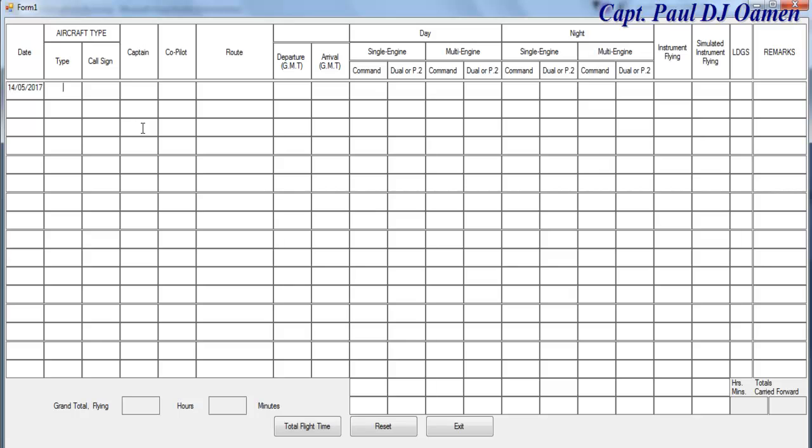Then aircraft type, let's go for maybe Airbus, maybe 310, and the registration number or call sign, we can call that Bravo Golf 090, and captain, let's say it is Captain Mohammed,